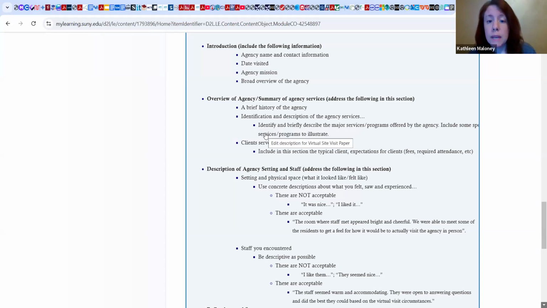Please then describe the agency services. So all of the services that are identified in these visits, typically the staff will go around and they'll talk about the program. You are going to get a lot of information. It may feel overwhelming. What is nice about this is that you will be able to stop the recording, rewind it, fast forward, whatever it may be, so that you can gather all the information.